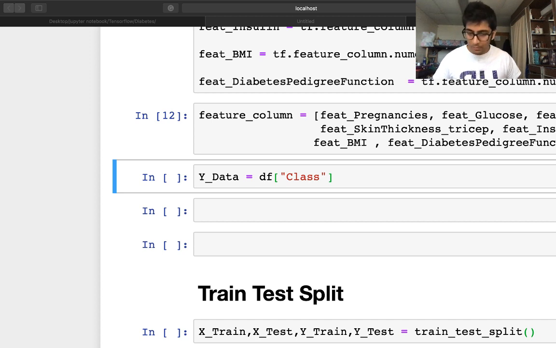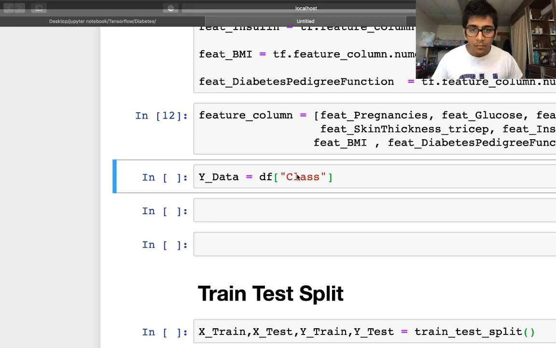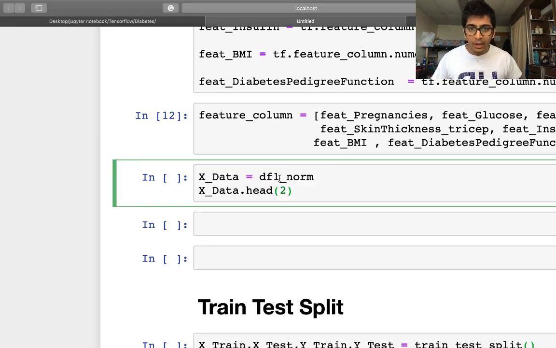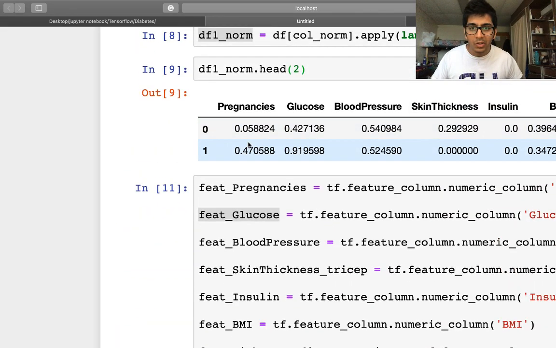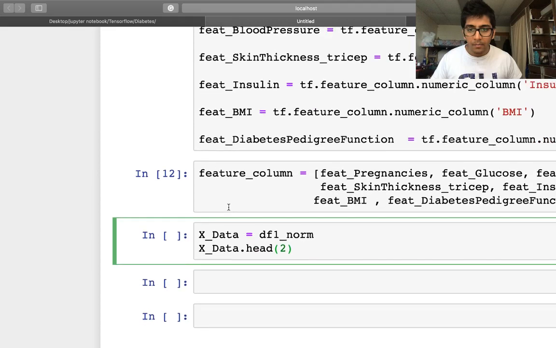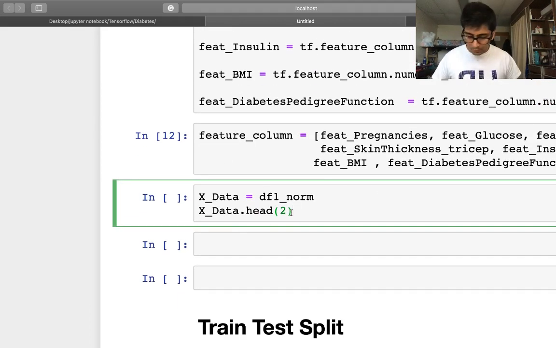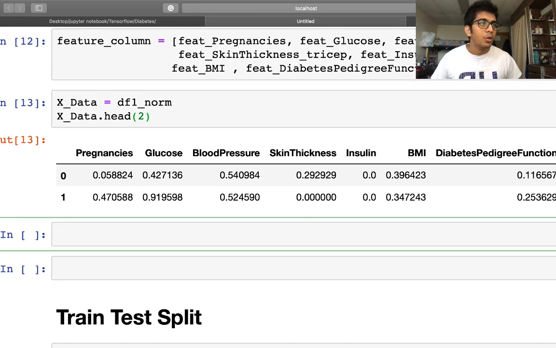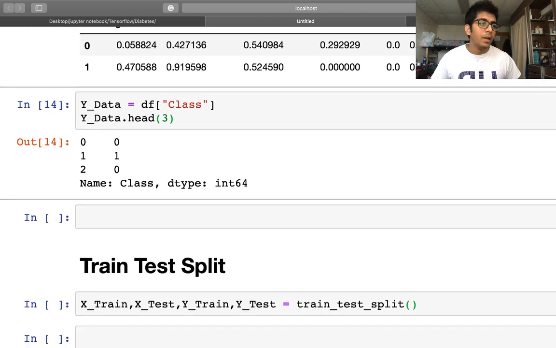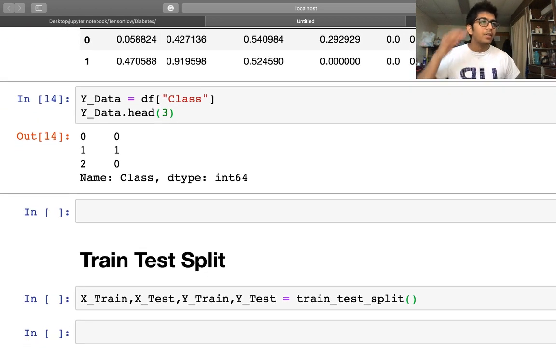So let me copy this. So this is our x data. This is nothing but our df to norm, which is where we just performed the normalization. These are all our x data. If I run this real quick, here you can see this is my x data. Now similarly, I need to do it for my y data as well. All right, so I have my y data. Once I have the x data and the y data,